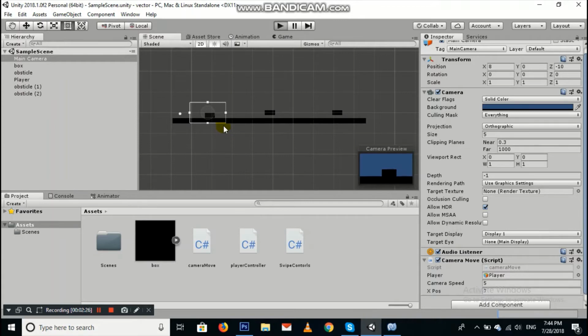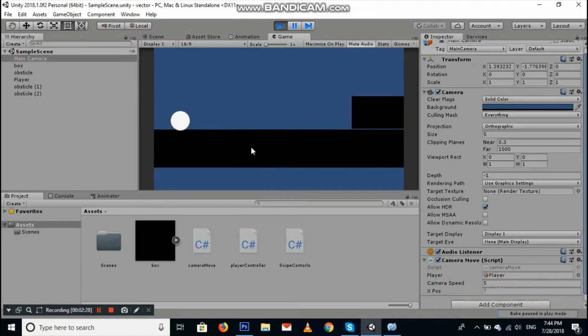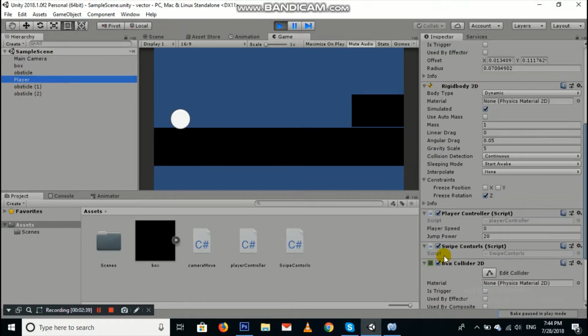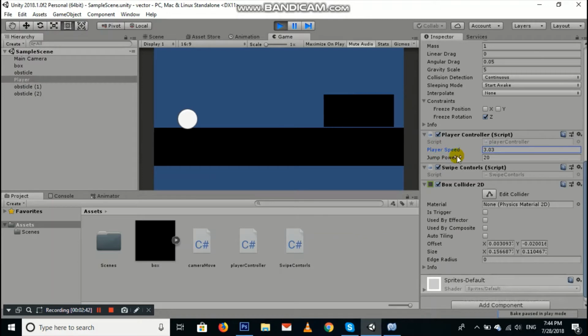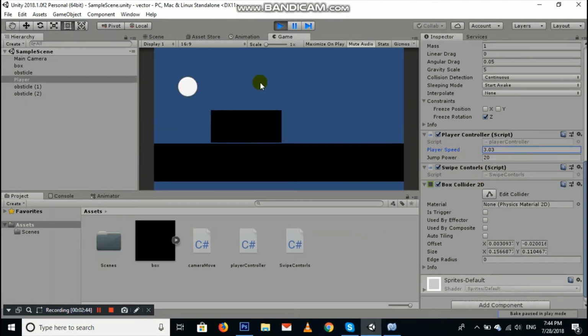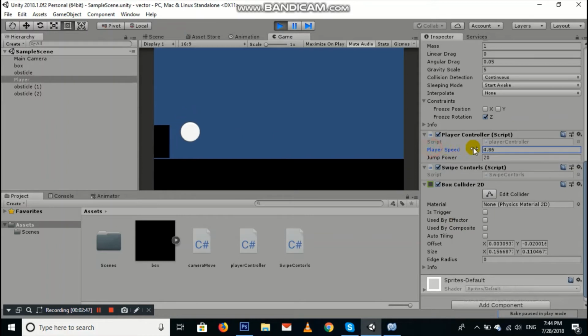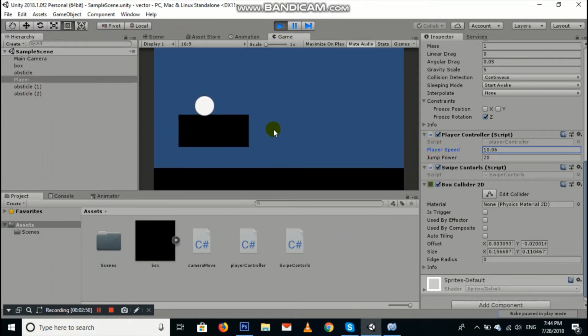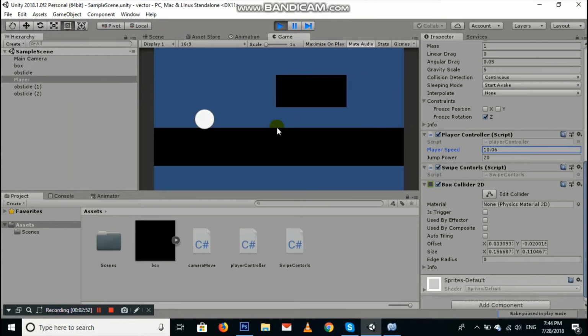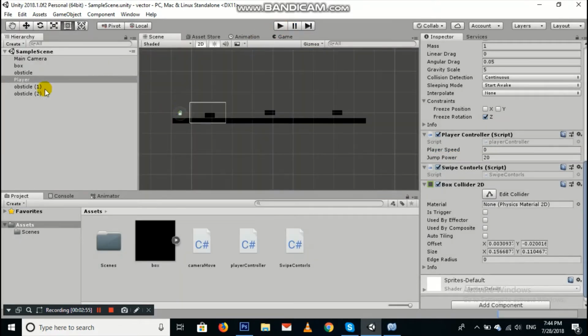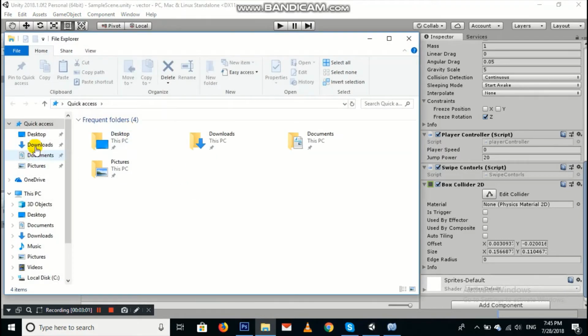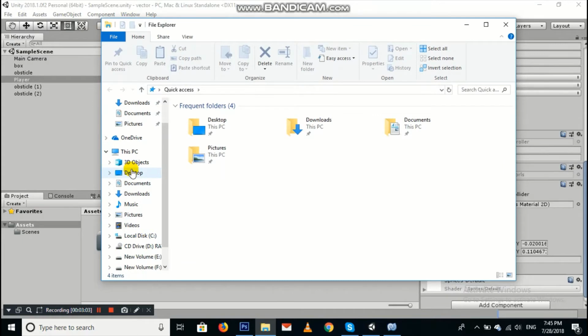So we can see the effect here. Okay, so now you can see our player is not on the center of the screen. Okay, so now I'm going to add some sprites to our player, and